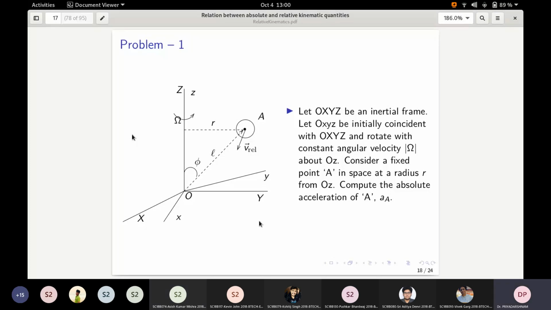Yes, sir. Okay, so let us try to compute the frame acceleration for this. So we are assuming that the point A is fixed in the inertial space. Consider a fixed point A with a radius vector r. Let us compute the absolute acceleration. So what should be the absolute acceleration of this particle? 0. Excellent. However, you will notice that there will be other terms which come into the picture. Even though the absolute acceleration is 0, the object will appear to move. So that is where it is important to understand this.